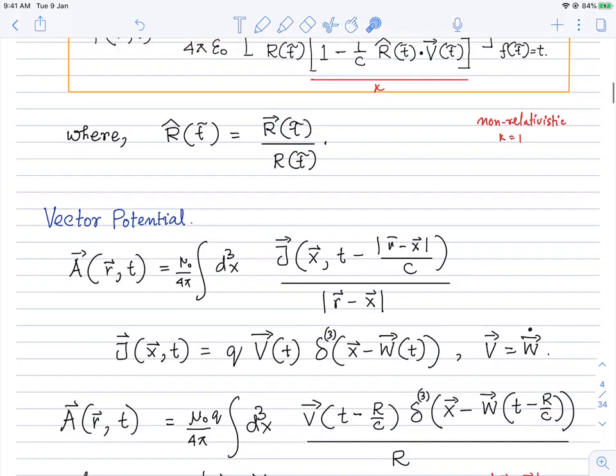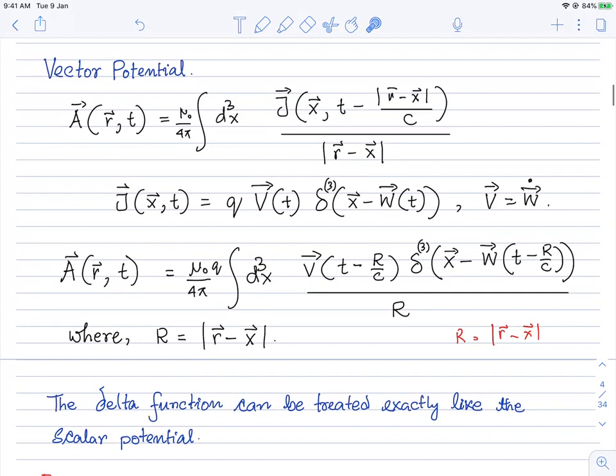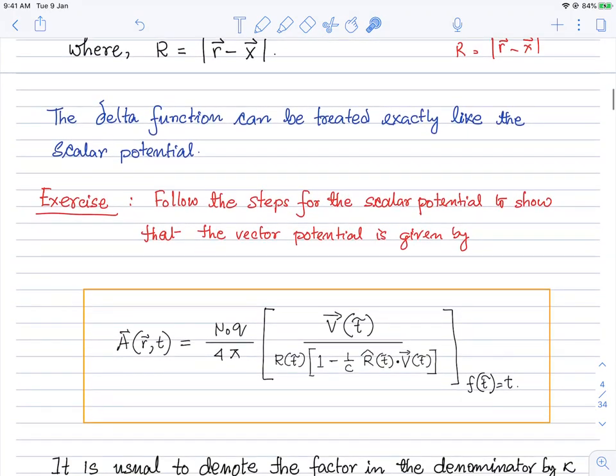But you see, the A vector for that is non-zero, so it doesn't vanish immediately. And this results in a magnetic field as well as a modification of the electric field, as we know. And this therefore will remain. In this final formula, the R vector will remain. This kappa factor is 1. So something like V by R is going to remain in the formula for the vector